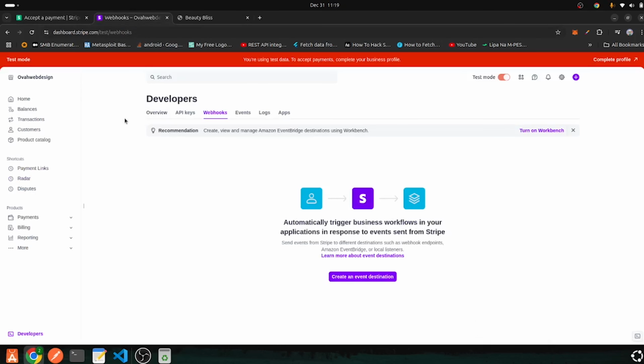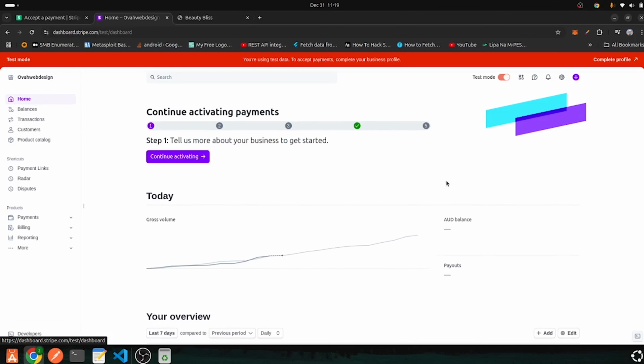So also we are going to look at webhooks, so that we can receive the events once the payment has been done, so that we can know if the payment was completed, or we can also understand if the payment was cancelled by the user or the customer. So that's what we are going to do. If I click on the home page here, you'll also be able to see activities. So now let's get into the video and start